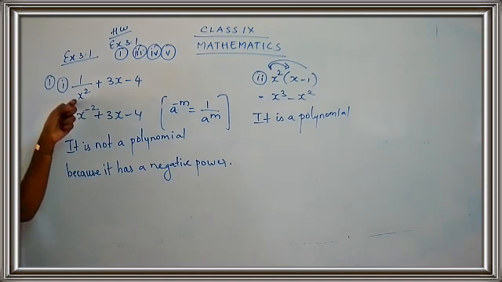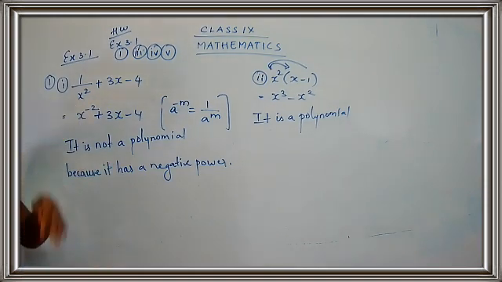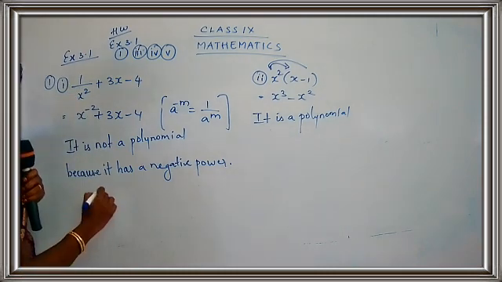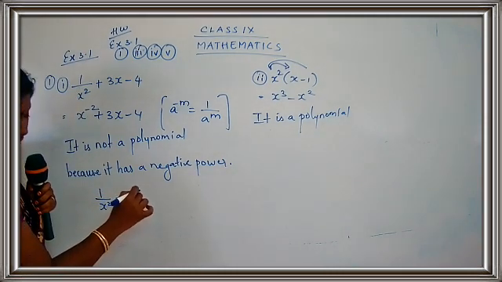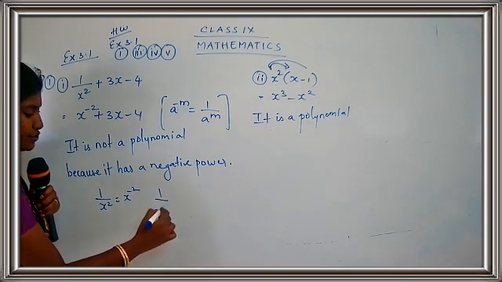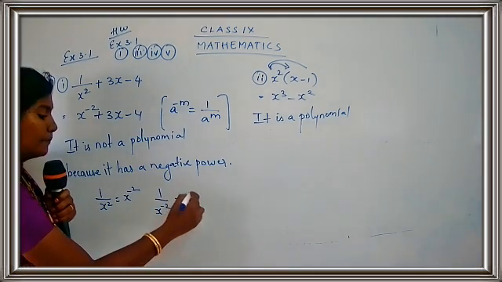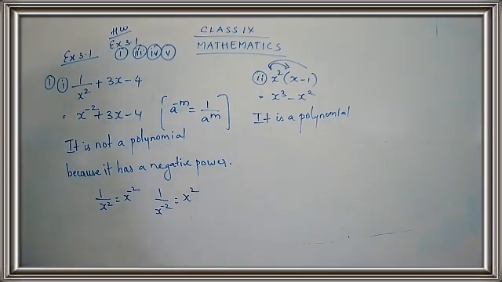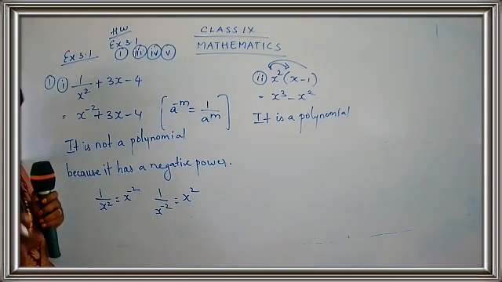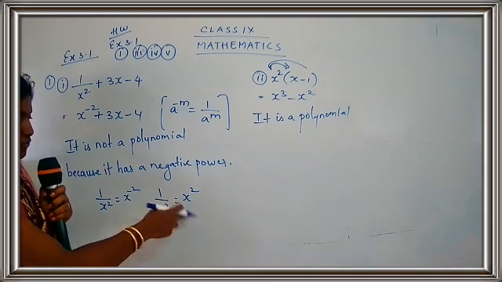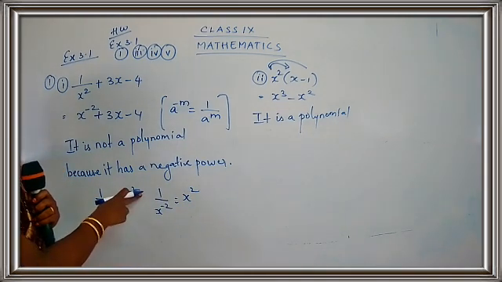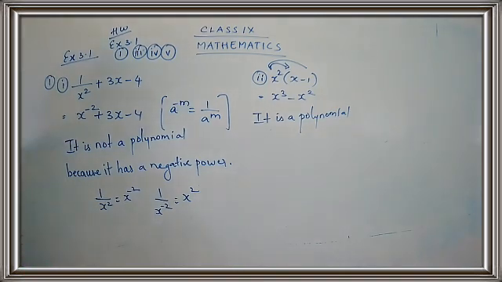Okay, children, I want to give you one more idea, which will be helpful for you to complete your homework sum. 1 upon x square, we write as x raised to minus 2. If the power is negative in the denominator, when it comes to the numerator, it will turn to positive. So 1 upon x raised to minus 2 will be x square. Minus 2 will change to plus 2, and plus 2 will change to minus 2. You can use these ideas for doing your homework.